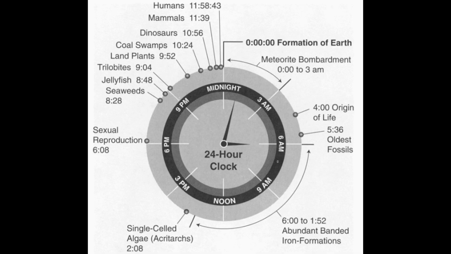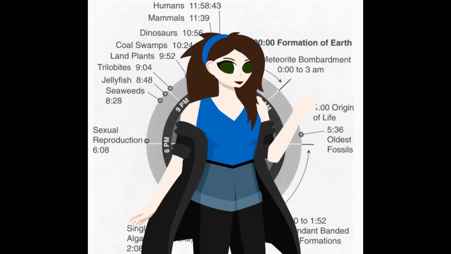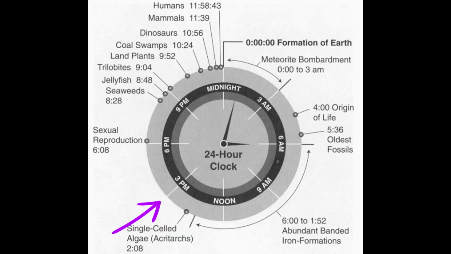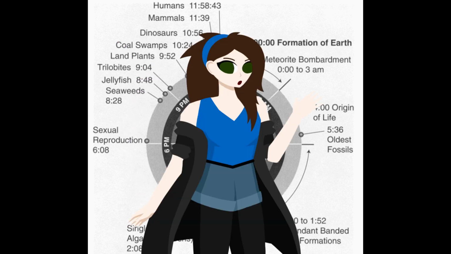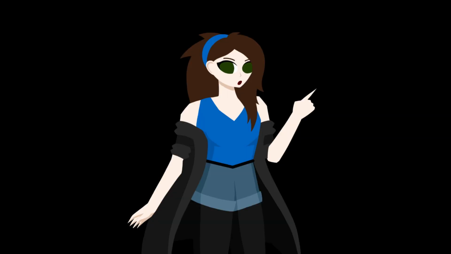You've probably seen this example at some point that shows how if the Earth's lifespan was a clock, where the Earth started existing at midnight, the origin of life is here, animals as we know them didn't even start existing until all the way over here, with the colonization of land happening about here, dinosaurs here, and humans developing all the way over here, about 77 seconds before midnight. That gives you an idea of the scale we're working with, but what we care about right now is this quarter from 3 PM to 9 PM. And most importantly, right at the end of it, the Cambrian period.